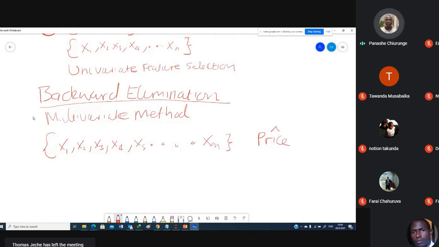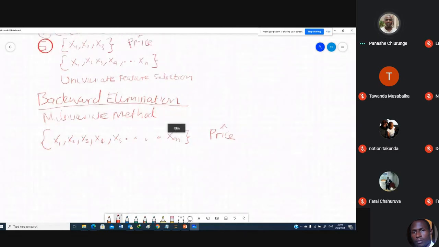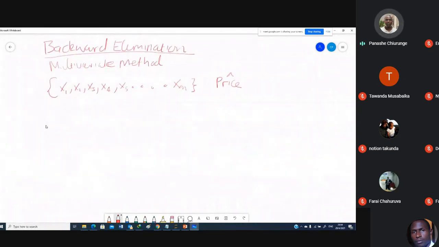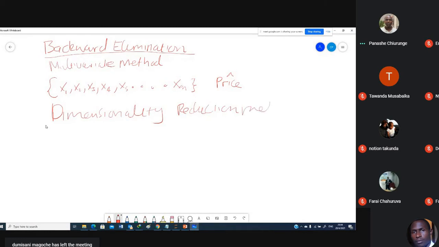So to do that, you use methods that we call dimensionality reduction methods. What does this mean? So this simply means that